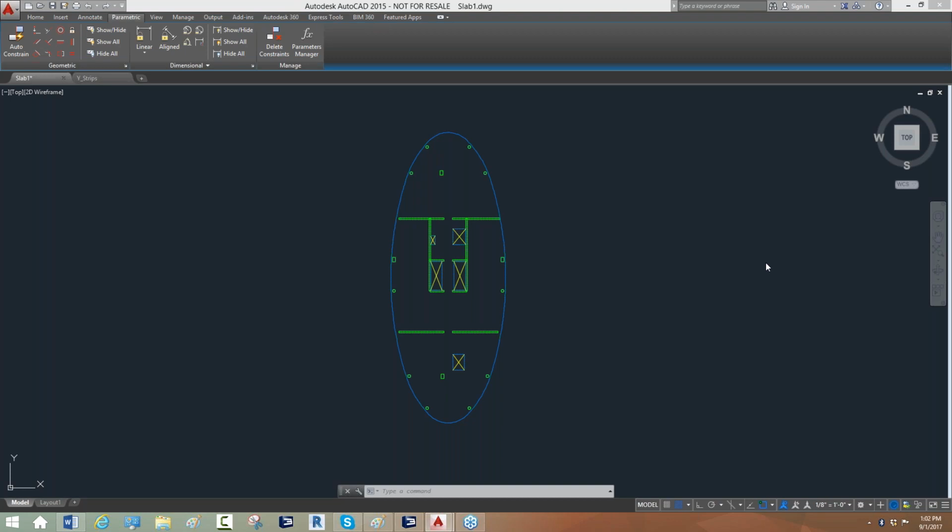So today's webinar, we're going to talk about ADAPT-PTRC and how we can model frame lines or design strips using an equivalent frame program like ADAPT-PTRC. And we'll start by looking at this oval-shaped model, and this adds a little more complexity as compared to, for example, a rectangular or square-shaped model where it's easier to go through and break the slab out into different support lines. So we want to be able to take this particular model and discretize this model into X and Y